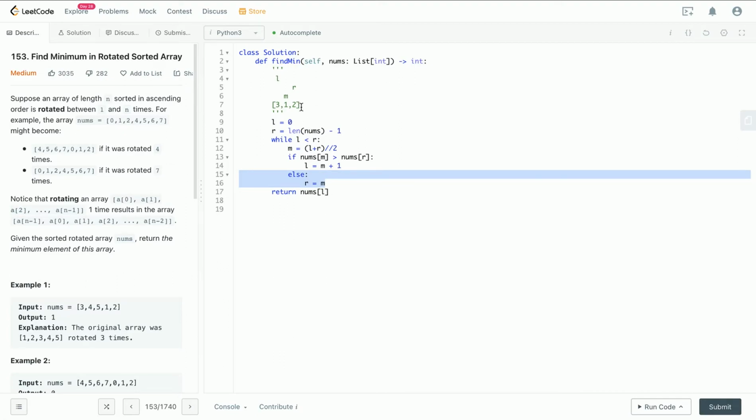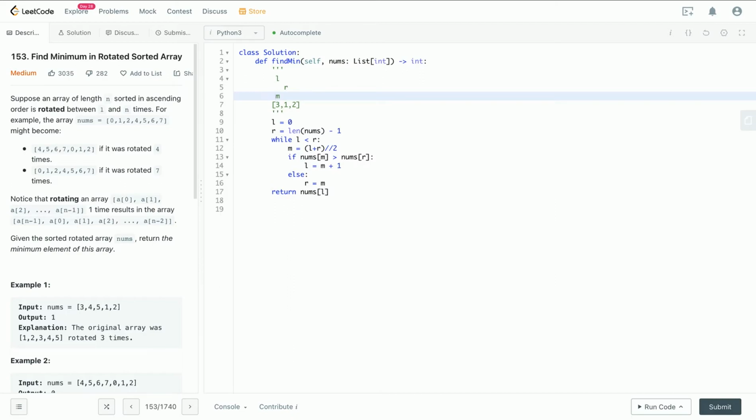If I say right equals mid minus 1, then my right will become here, and I will miss my bottom, which is 1. Instead, I have to move my right to mid so that when I calculate my mid